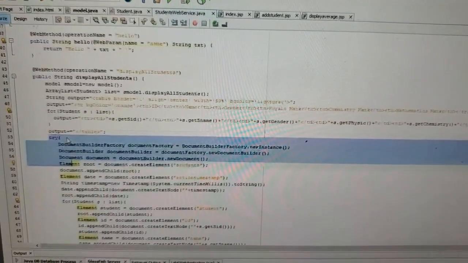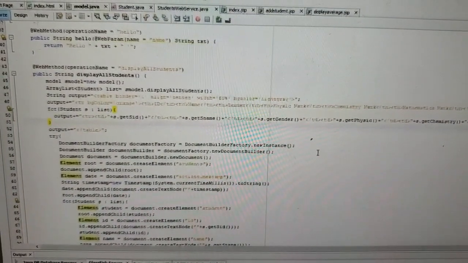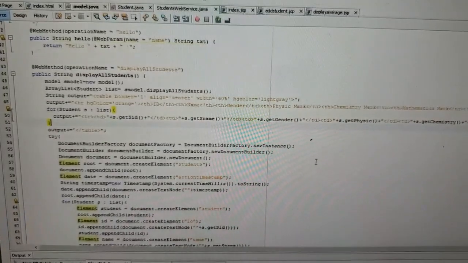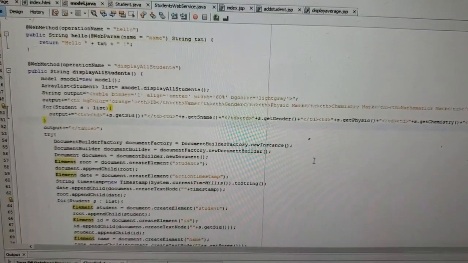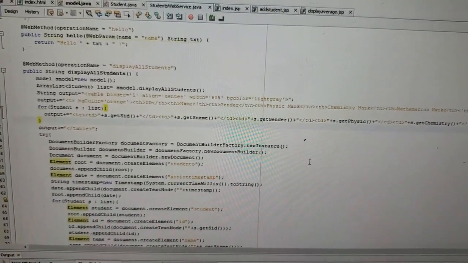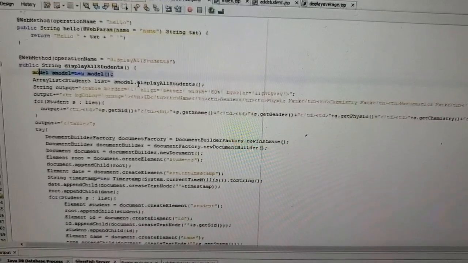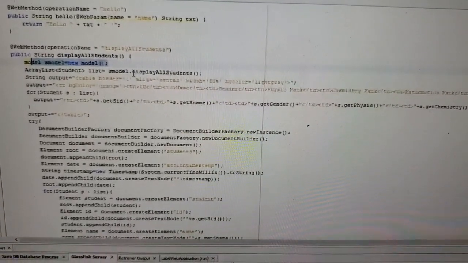This is our web service. In this web service we create our new model, and then display it in table format, and we create the XML using this code,